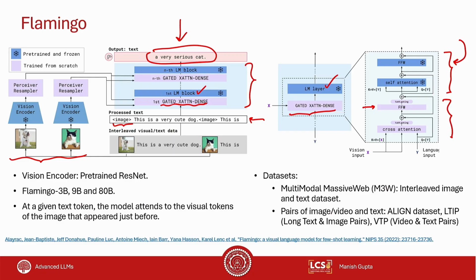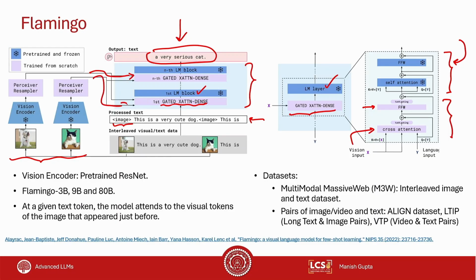Now, why cross-attention here? Cross-attention makes sense here because it's not just that you want to process the text. You obviously want to also have the influence of the image when you're generating stuff. How do you bring the influence of the image in? Well, it flows in through these cross-attention connections. So our text decoder is generating the text output,